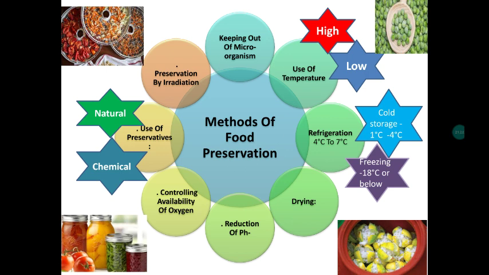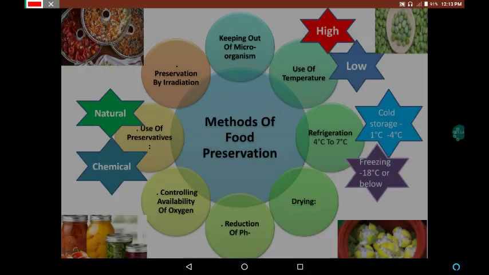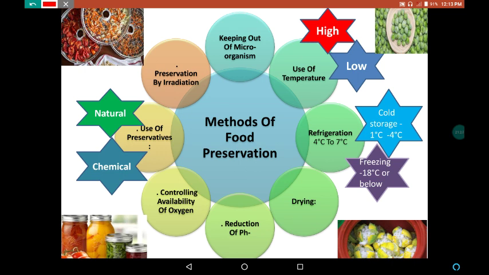Now just take a look at the methods of food preservation. There are so many methods. A few methods I explained in my last video, that is, the traditional methods of preserving food, and most people preserve by those methods like pickling, making papad, murabba, juices, squashes and all. Due to advancement in technique, there are so many developed methods for preserving food. So just take a look.